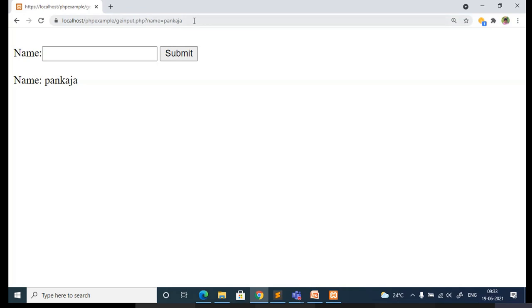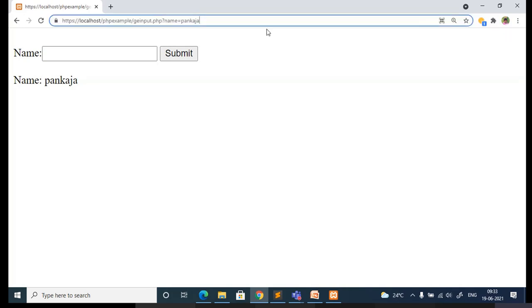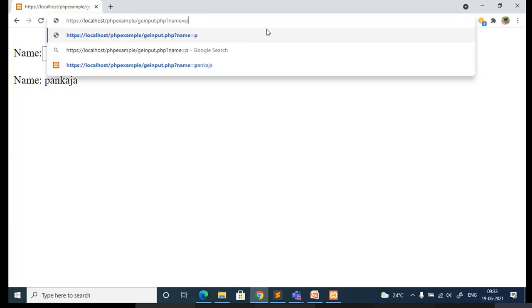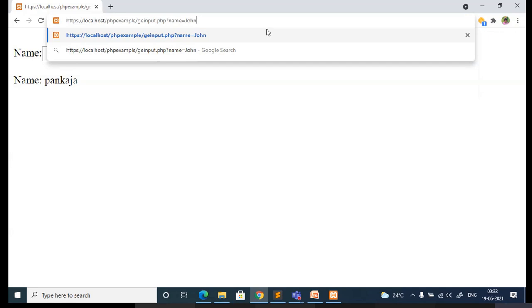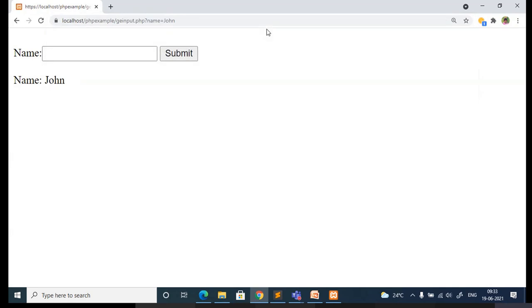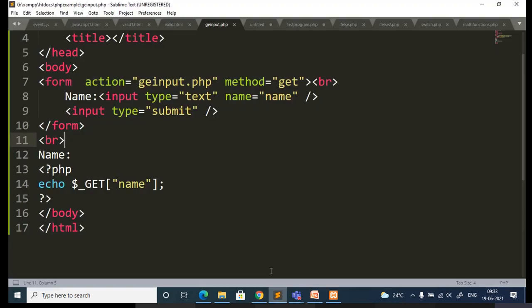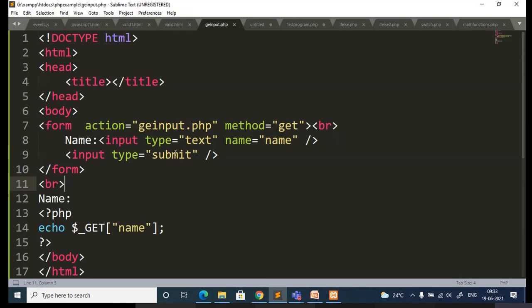That is also okay. Sometimes we have an option where you can access the URL parameters. What I'm saying is, you can see that whatever value I changed here, immediately it reflects here. That means I can access the elements directly from the URL. So that is just a simple program that shows how you can access the elements.